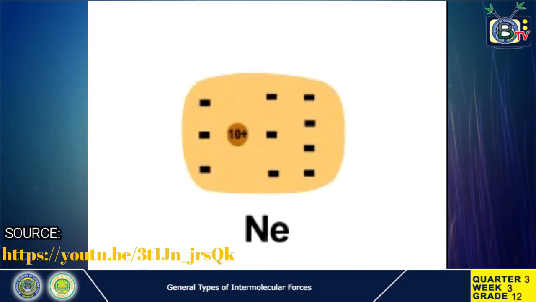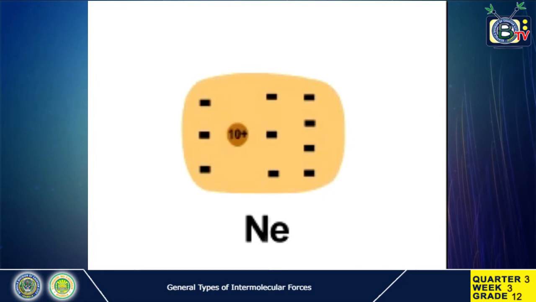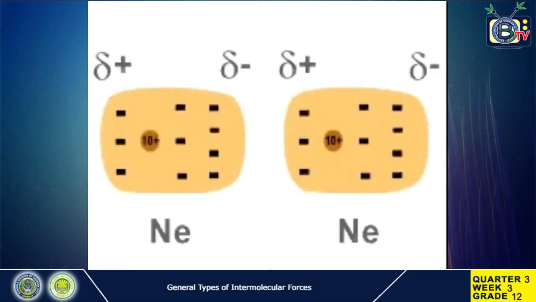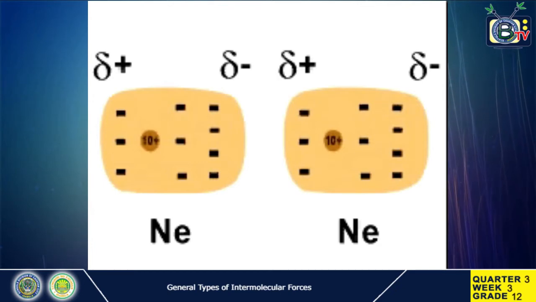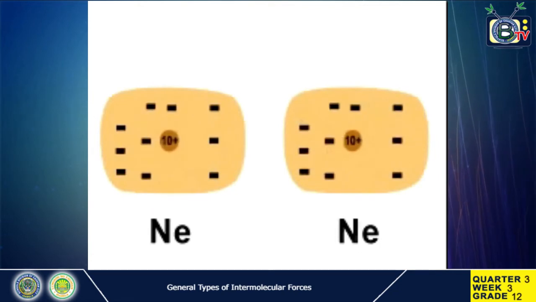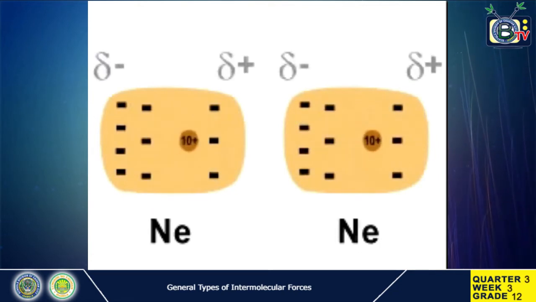Electrons in an atom are in constant motion, but at some point in time there are more electrons on one side, creating delta negative and delta positive charges, or an instantaneous dipole. The instantaneous dipole on one atom can induce an instantaneous dipole on another atom, and they are oriented to cause an attractive force. Later, the electrons on both atoms have moved, but they tend to move together to preserve the